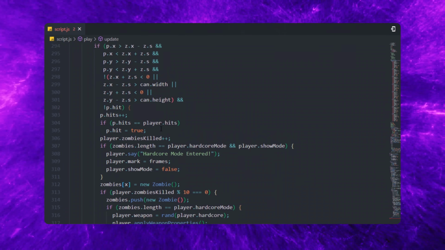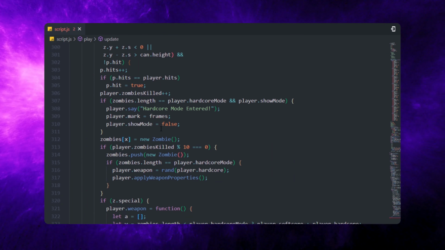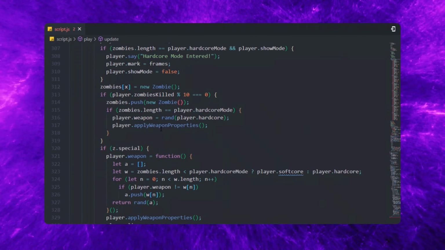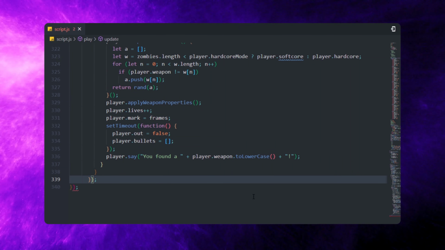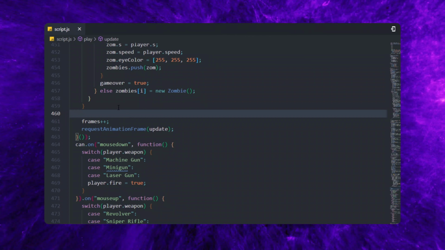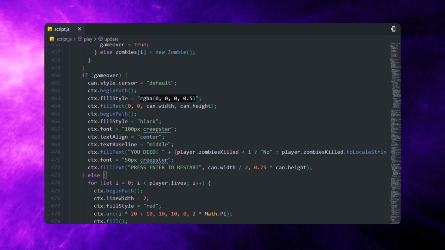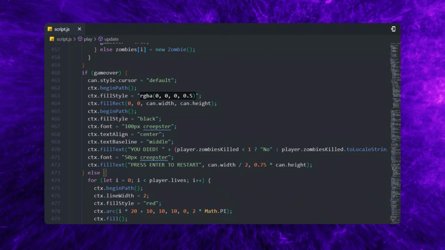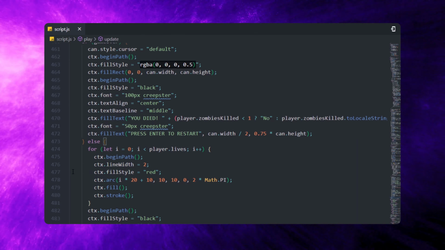Also, I've added some special powers when the user enters hardcore mode. Using random variables, we are gonna get a random number, and from that, we're going to gift a gun to the player when he shoots that zombie. This is generated from those random variables. Interesting, right? Okay, let's move on to the game over condition.